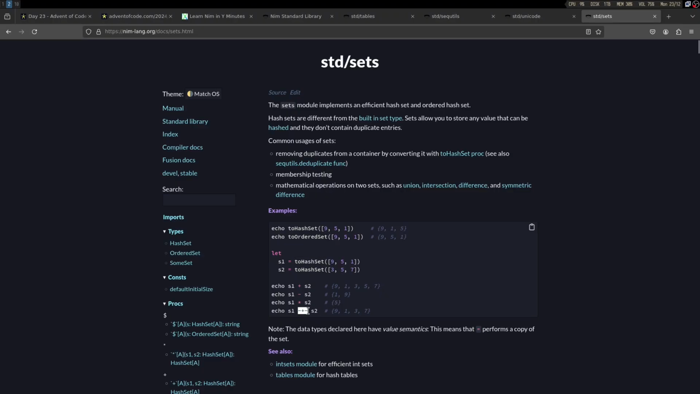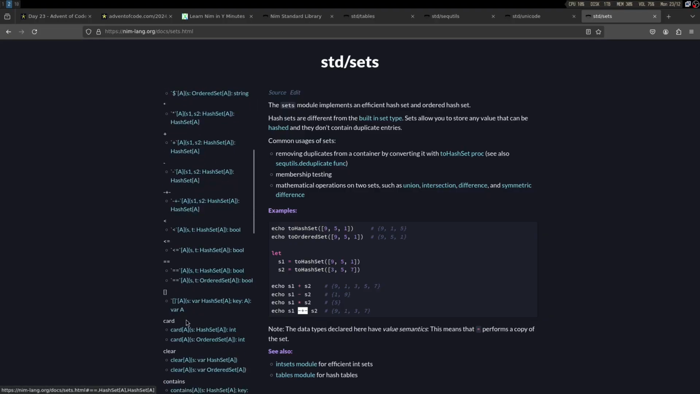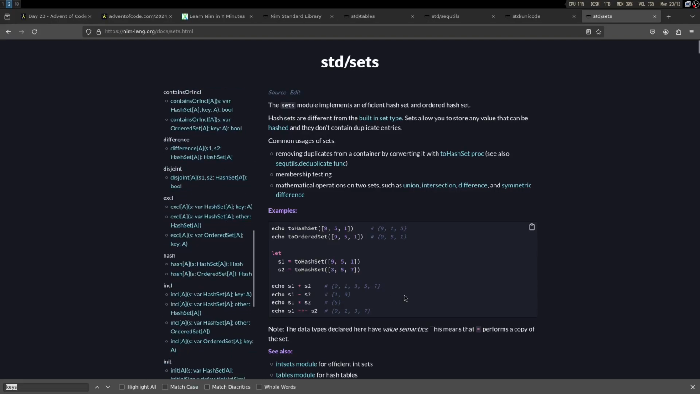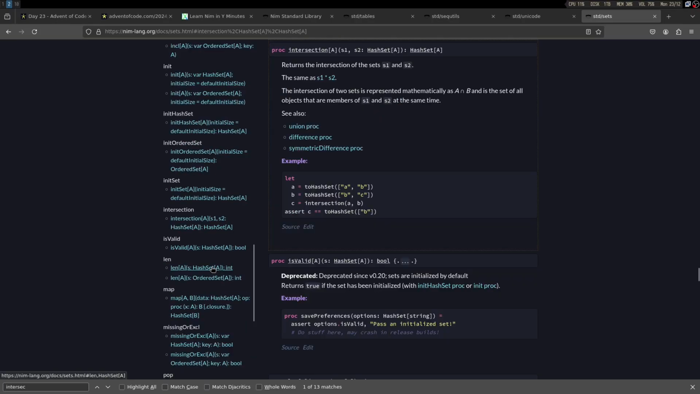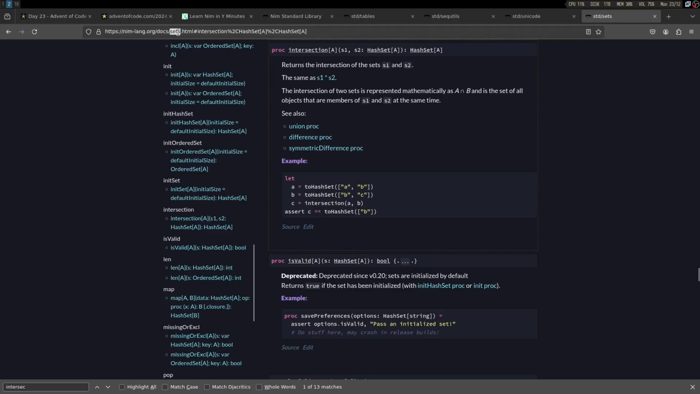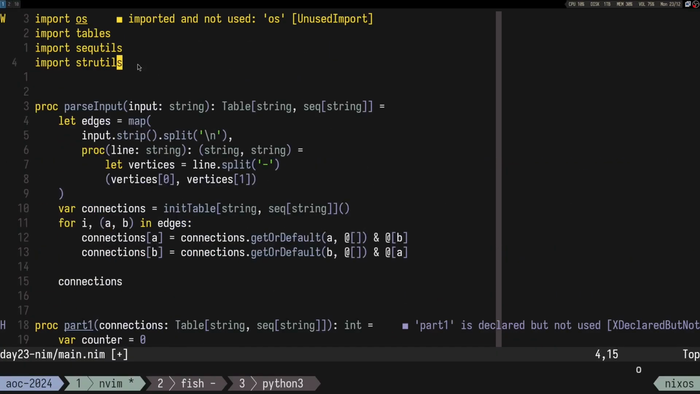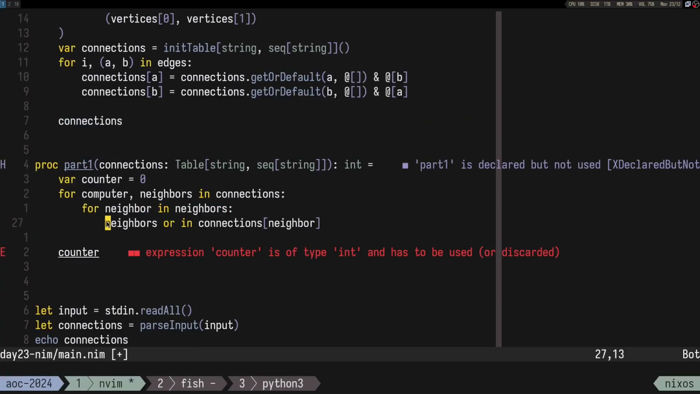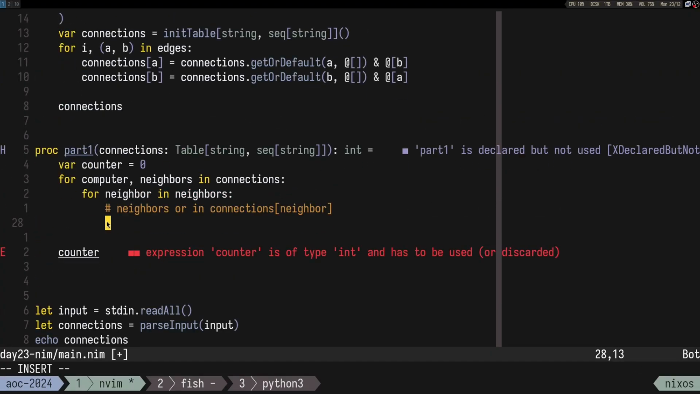What is this operator? Oh, that's intersection, right? No, that's difference or something. Intersection. Nice, so we have intersection, perfect. But for this one we need import sets. So we could import sets and we can try to do this thing. So I'm gonna do to hash set